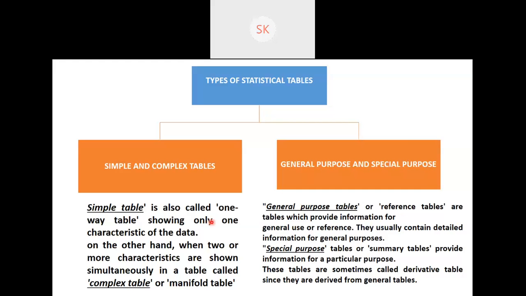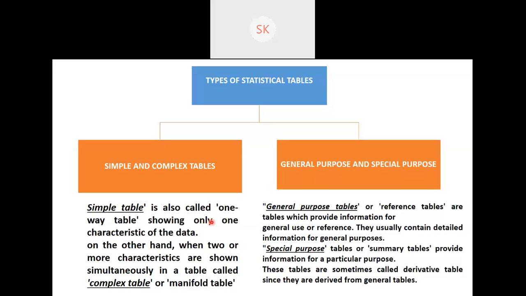Either they will say how many of them were present in class, and only the names of those present I will write. Students who were present, only those names I will write. So that is simple data. Or let's say fees collection, how many of them have not paid fees, only those students' names I will be collecting. So that is a simple table.